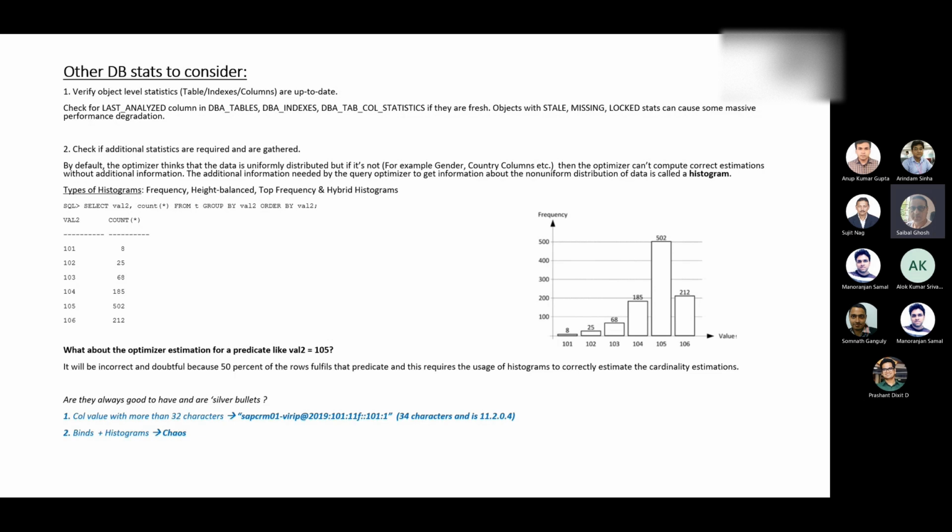For example, when you are talking about histograms, I would like to think about histograms as more sophisticated statistics, which help generate a better execution plan. As simple as that. For the moment, I would not go into the details that Prashant is saying, but I would keep at the back of my mind how histograms work.